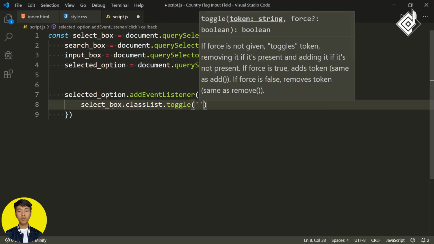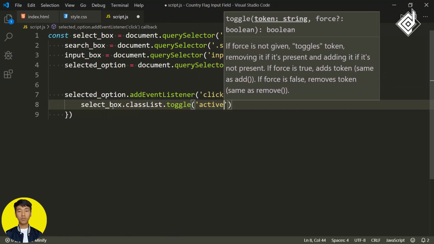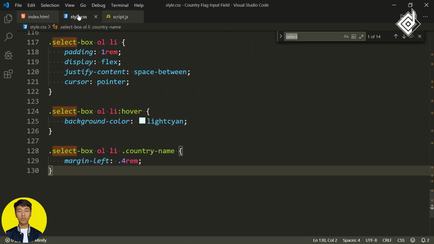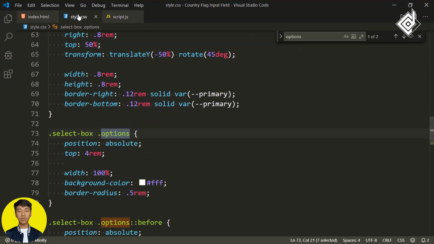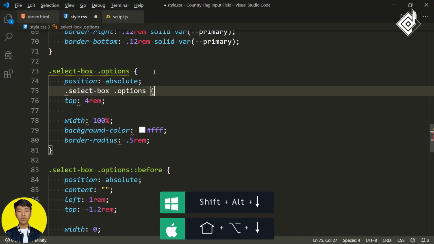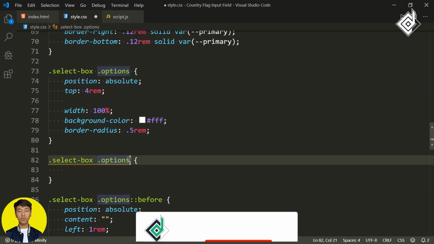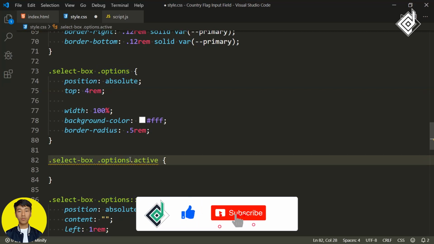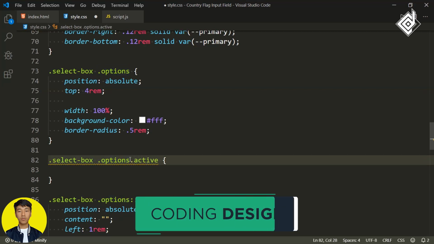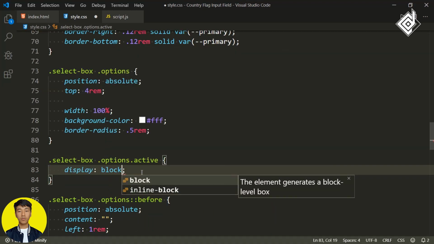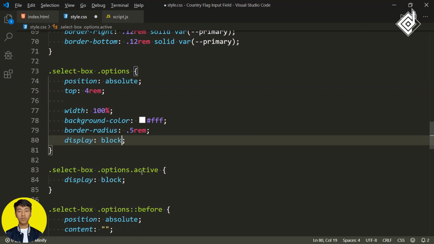So with the help of this toggle method, you will be able to add and remove a specific class name. So I'm giving the class name of active, but as you can see, for the div with class name options in our started CSS file, we haven't given any class active. So now you can duplicate the same code and bring it down there. And for the options, when you give class active, be careful, don't give there any kind of space, just give there dot active. Whenever you are giving class active for our div with class name options, at that time we are giving display to block, otherwise we will hide our div with class name options.